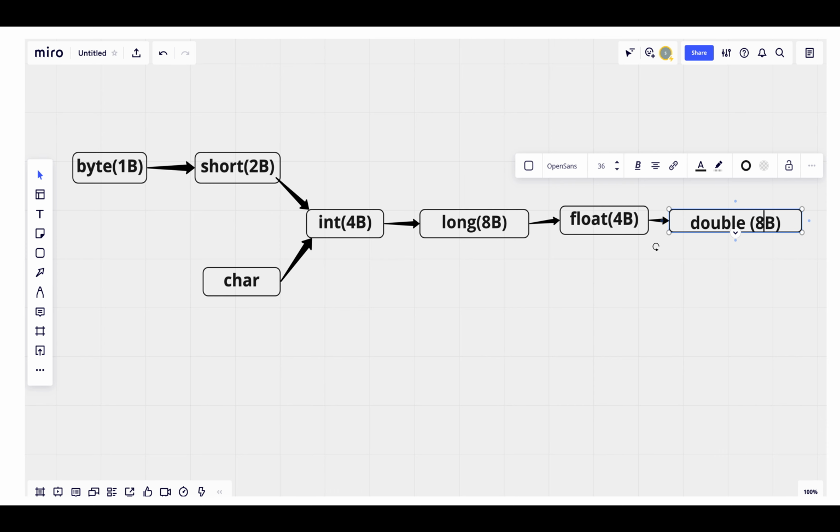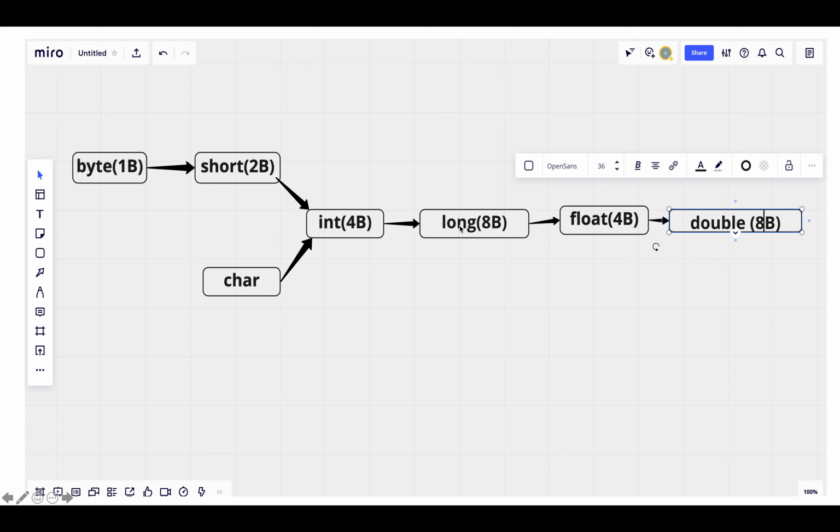I have arranged the primitive data types based on their capacity. Double can store up to 8 bytes, float up to 4 bytes, and these two hold floating type numbers.